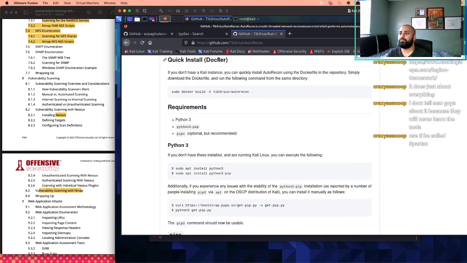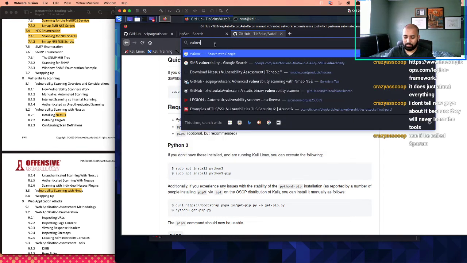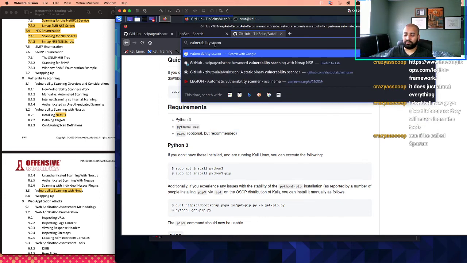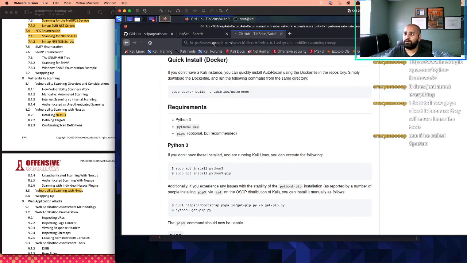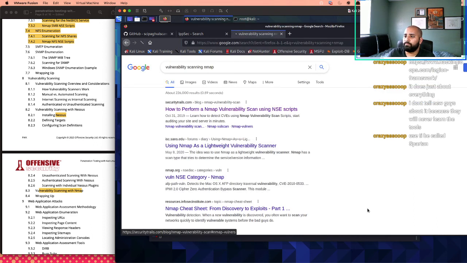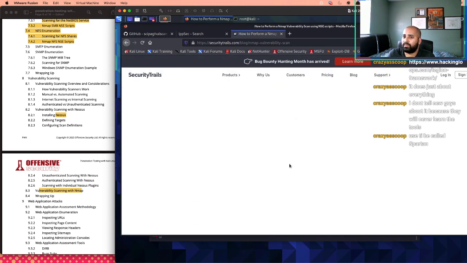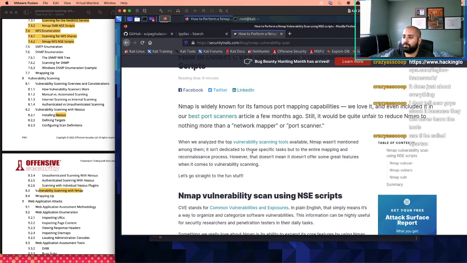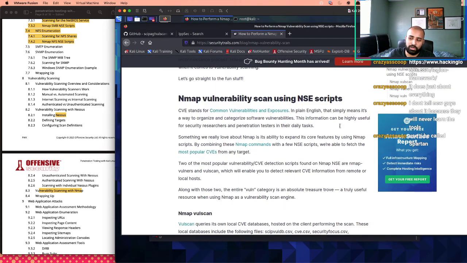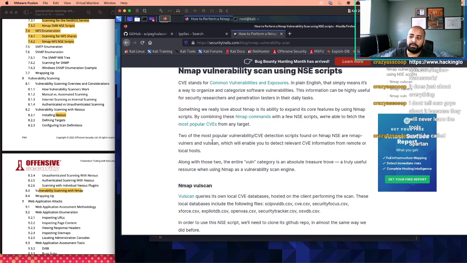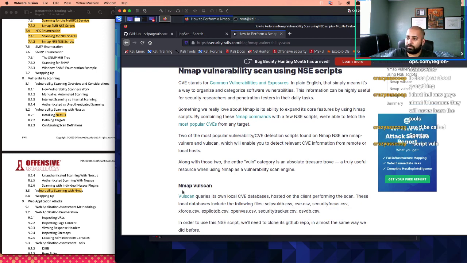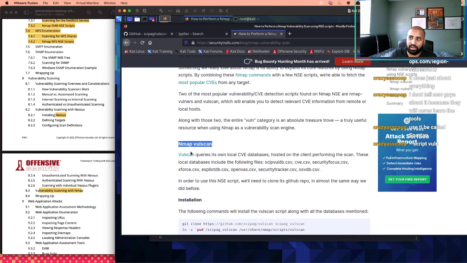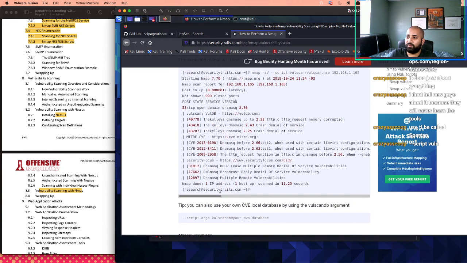Vulnerability scanning through Nmap. Let me just search. I'm pretty sure it uses the vuln script to scan. Yeah, it's an NSE script. You can skip all that and use what vulnscan does, but it's important to know how to use vulnerability scanning. But this only works when you know what ports are open, as well as what services they're running. So for example, vulnscan, like they actually mentioned this, does the same job for you,